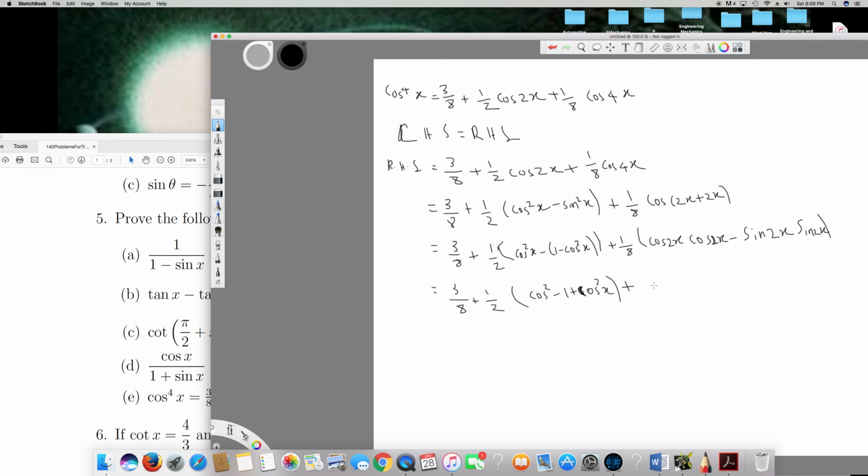Here we go, 1 over 8 cos 2x. So as we know already, we can write the cos 2x as cos square x